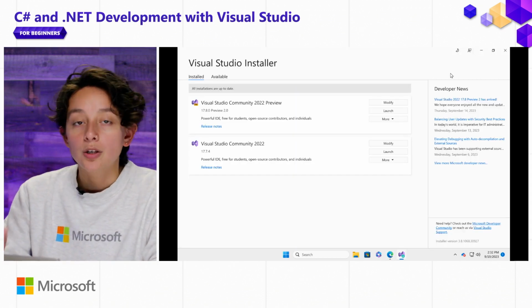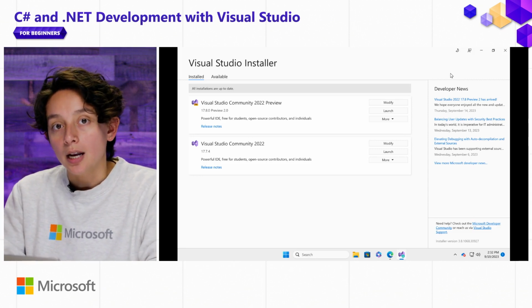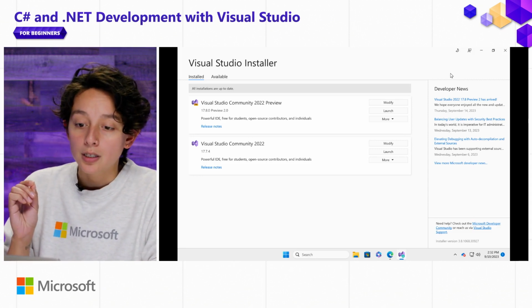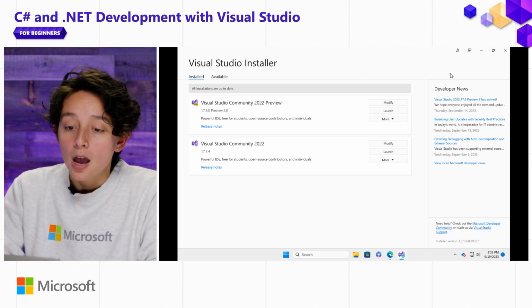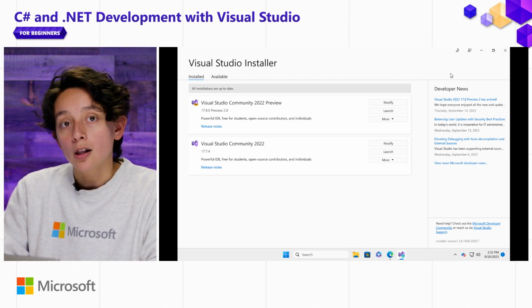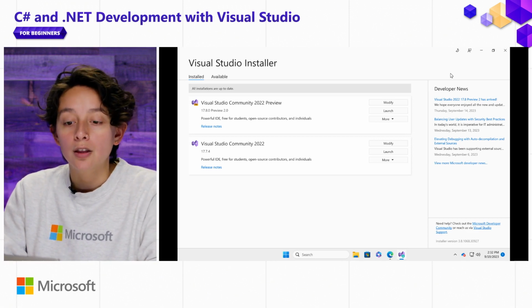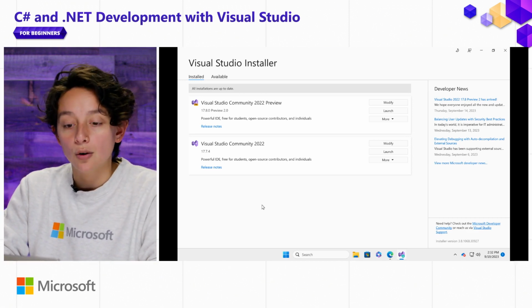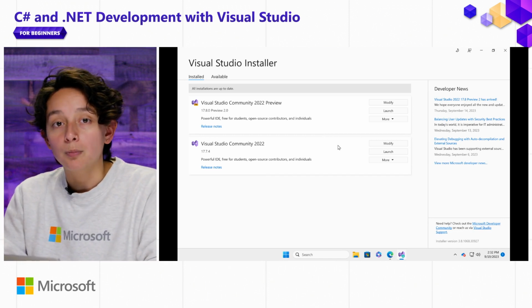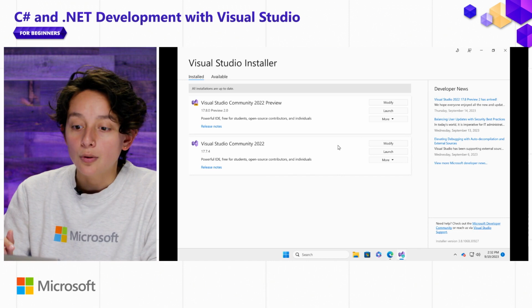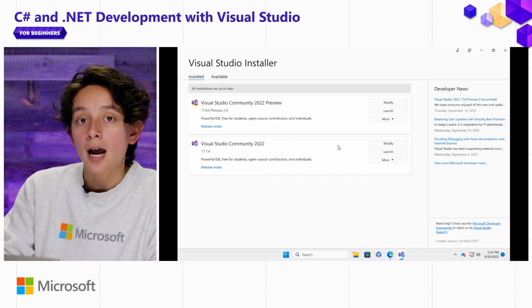So when you install Visual Studio, you're going to get a permission screen that's going to ask if it can install the Visual Studio installer. The installer manages all of your different versions of Visual Studio, and those might be like what you see on screen, Community versus Preview. Preview being a kind of beta platform where you can get the latest access to new